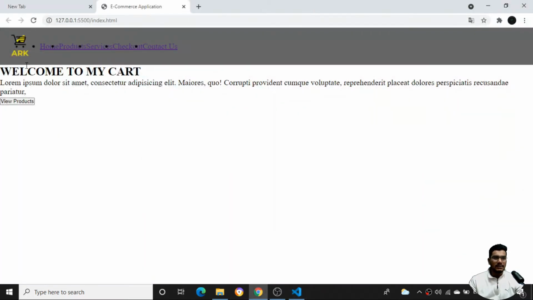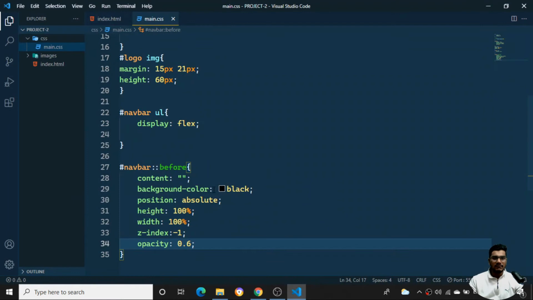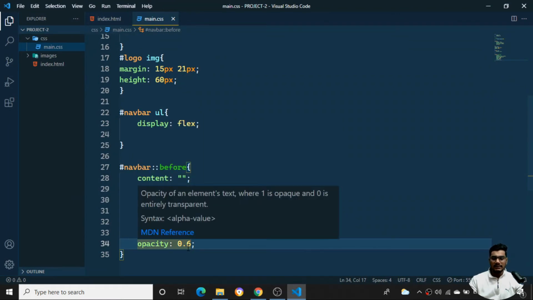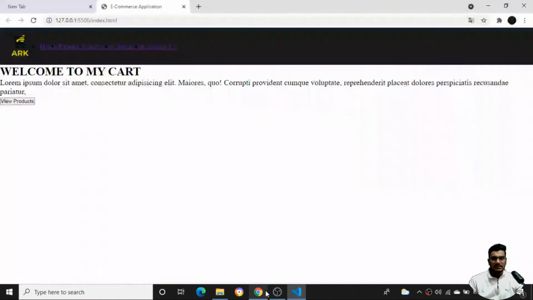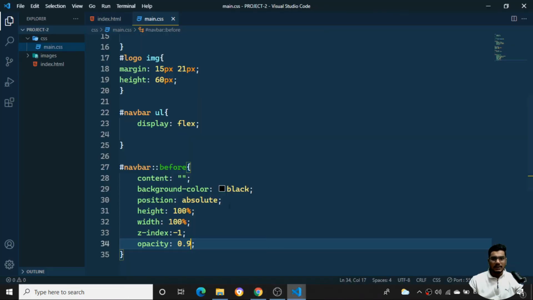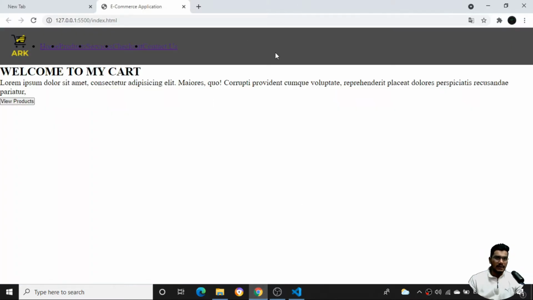Then I'll apply a background image, so that will be taken as the after priority. Okay, so we have given this particular priority. Now it is looking fine for me. So the opacity has increased. If I give it opacity 0.9, you can see it is a little bit dark color. So I'll give it 0.7, which means it will be a little bit lighter, the dark gray color over here.